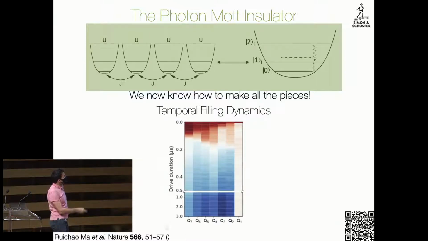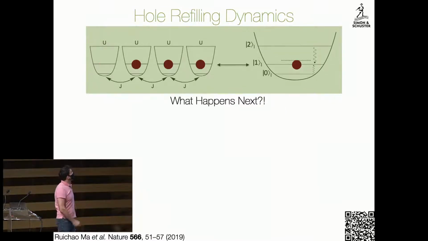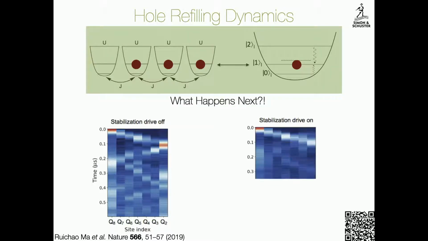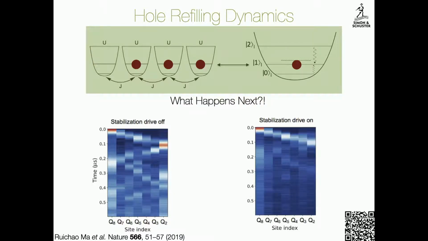We start from empty, and over a microsecond or 2, the system fills up to 1 particle per site. Okay? And then you can ask yourself, well, what happens if I get rid of a particle here, which we can do with just a pi pulse to take a photon out? Well, if I don't have my stabilizing drive on, now I have a hole that random walks back and forth through the system. If I do have my stabilizing drive on, the hole random walks across once, gets eaten, and we're done. So,